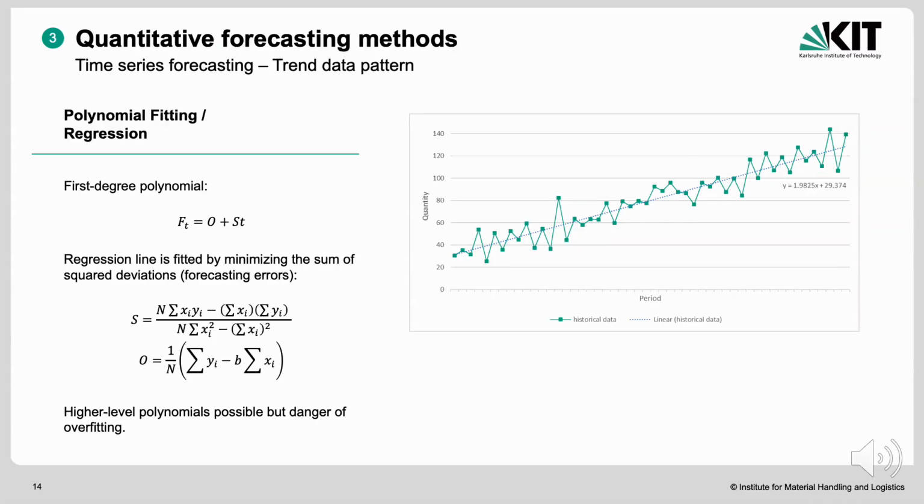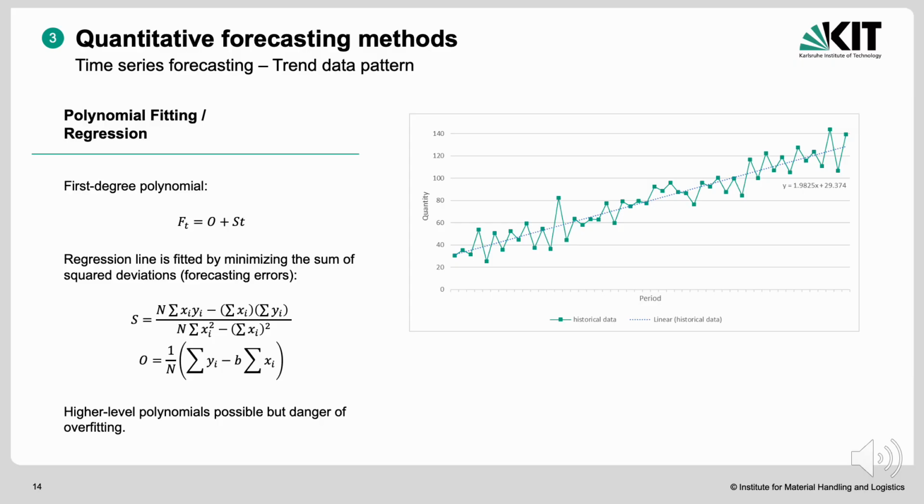Data is composed of an offset O and a slope S, which is then multiplied with the number of periods since the offset or the origin of the data. And how do we get this? We try to minimize the sum of the squared deviations of the forecasting errors, so that the squared sum of the deviations from the actual data is minimized. Therefore, we try to find two estimates for the slope, with the formula in the upper formula,